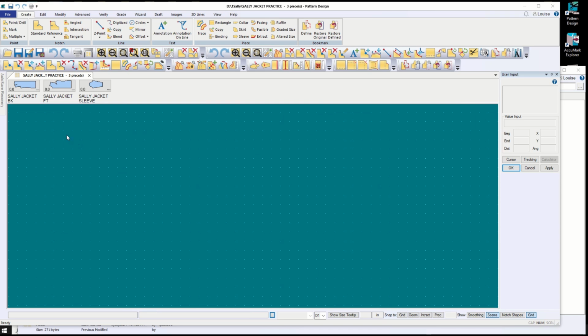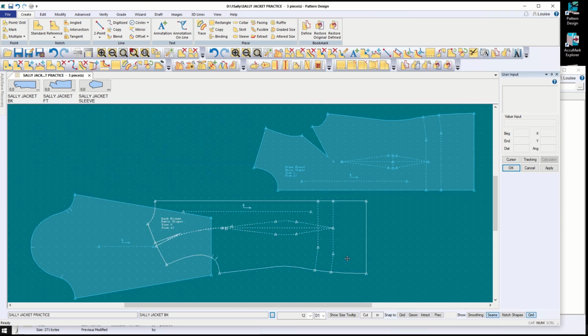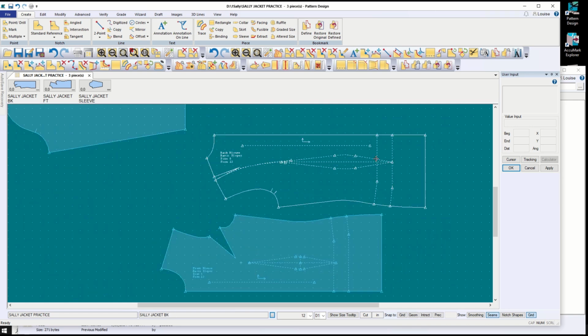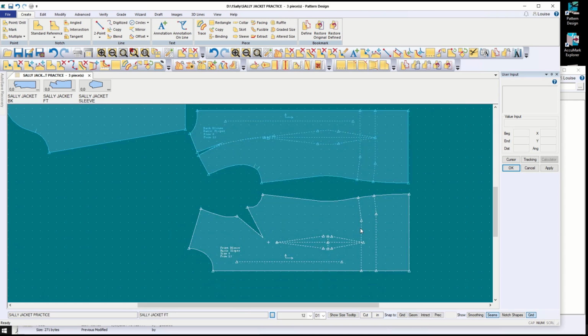I have created a model called Sally Jacket Practice, and in the model I have put 3 pieces. They're the original blouse front, back, and sleeve, and I'm going to adjust them into being a jacket. So when I'm looking at them, I want to arrange them with the side seams together. I have my center back and my center front, and I think I'm going to start by changing my